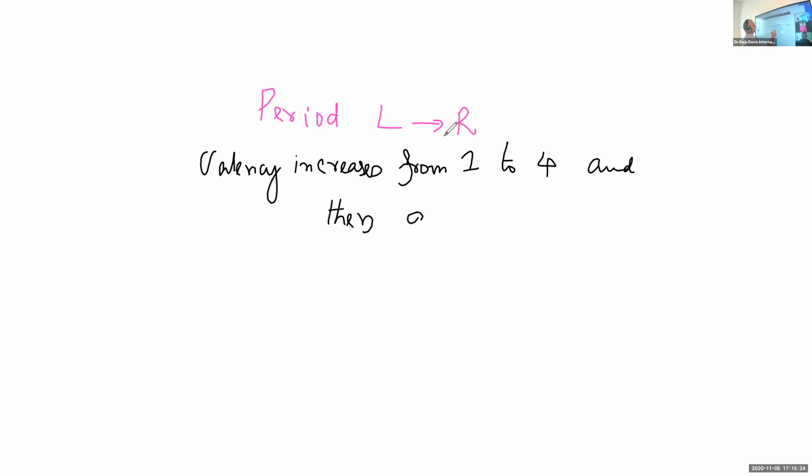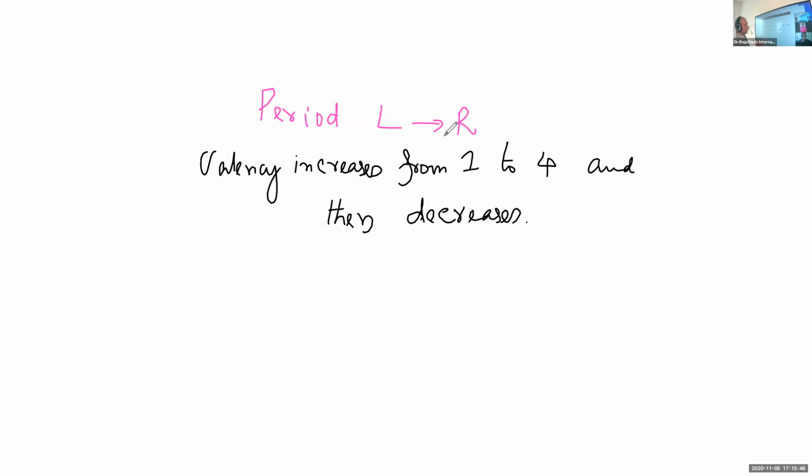That is the change. And then decreases. The question will be like this: How does valency vary across a period? So across a period, from left to right,